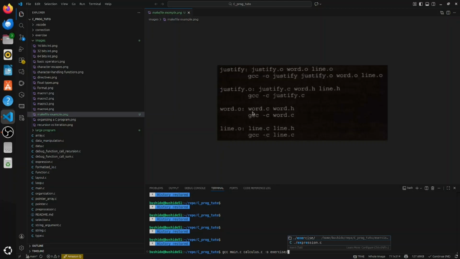So the power of makefile is, you can compile just a part of your program. You don't compile everything. You save a lot of time, because when you have many files, the compilation takes very long. So it's very powerful when you modify just one file. For example, if I modify word.c, when I compile my program with makefile,